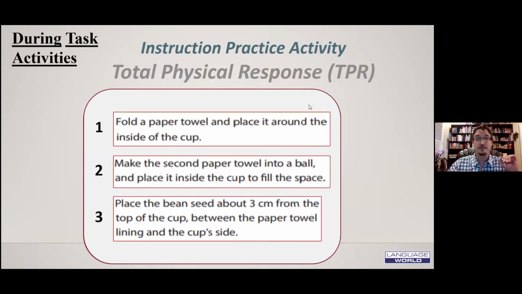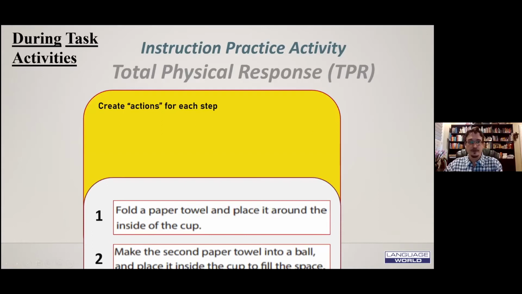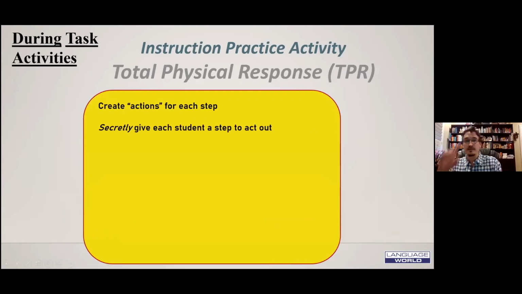So again, if you would like to volunteer, I would appreciate that. Please put your name in the chat if you would like to volunteer for an interactive activity that we will do. What we want to do is, with the actions for each step,